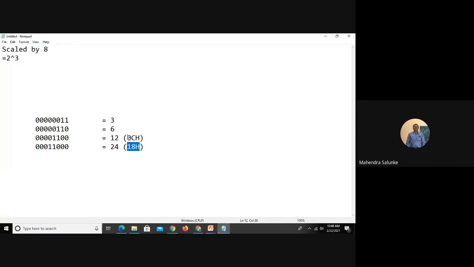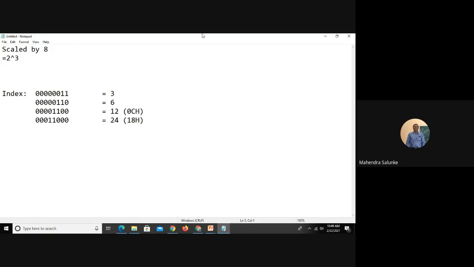All right. So here you can see, whenever we are talking about scaling by 8, this is the number which is scaled by 8. So what was the initial number? Here you can write this was the original index. The index was 3, and it is scaled by 8, so 3 into 8 becomes 24. This understanding is important when we are trying to locate a particular entry in the table. So every index value will be scaled by 8.